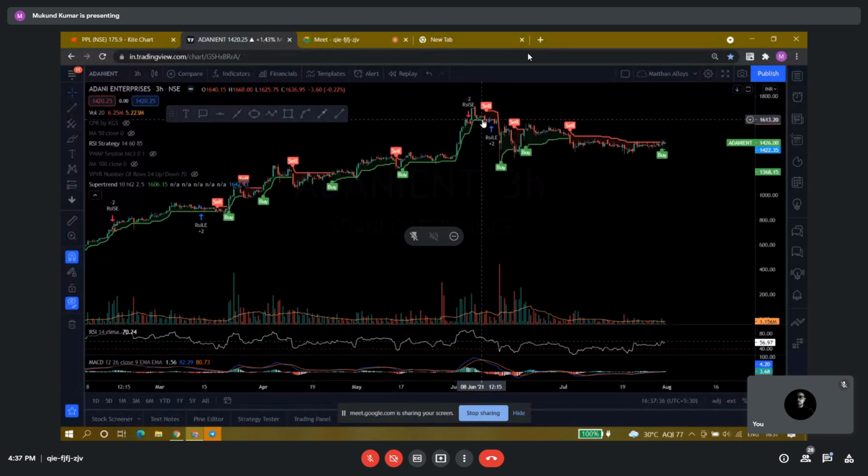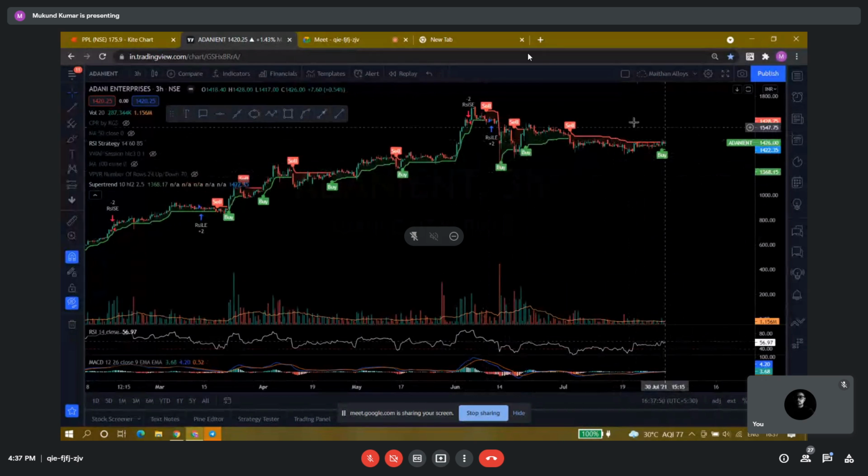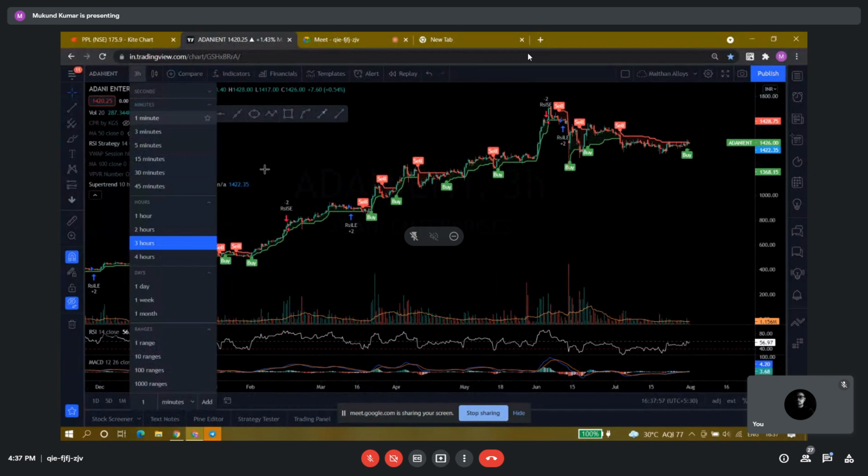This indicator has given you an exit at the topmost level almost, and it is still in very much consolidation zone. So I am not giving any entry right now. I will not give you any entry. I will wait for a very good sign on the chart, then only I will move. I will take an initiation.